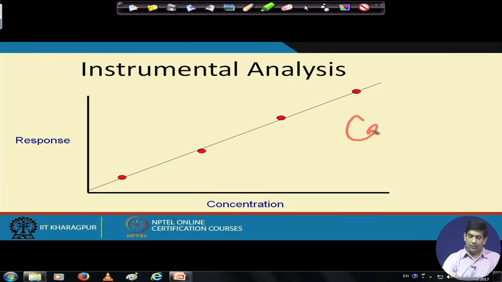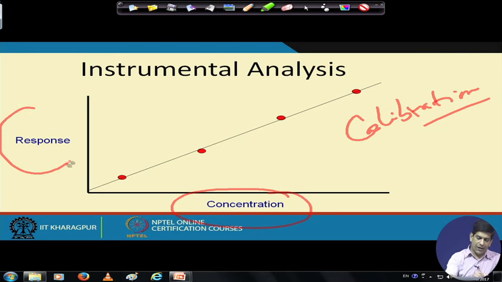So that's the calibration curve, and here the x-axis is the concentration, the y-axis is the response. So what we are doing here is increasing the concentration. As we increase the concentration, we see a different response. These are the response points that we are getting, and then we are drawing a best fit line,